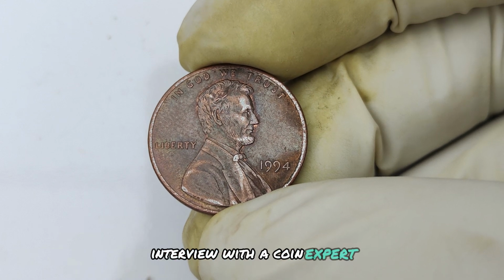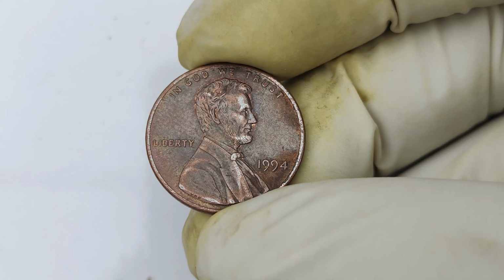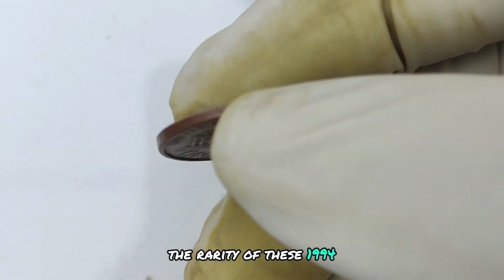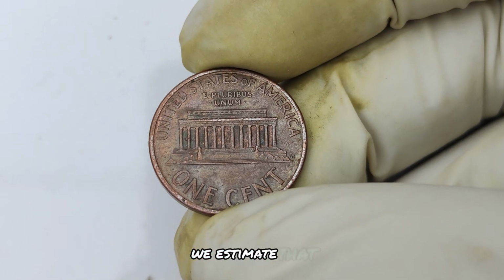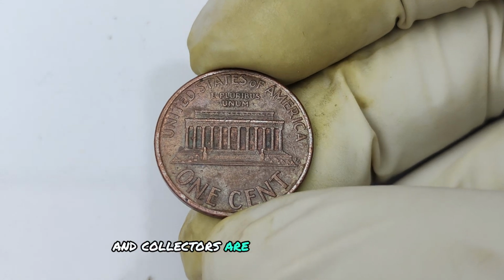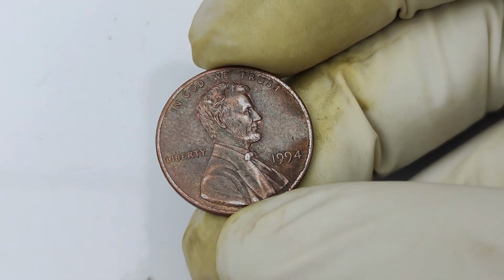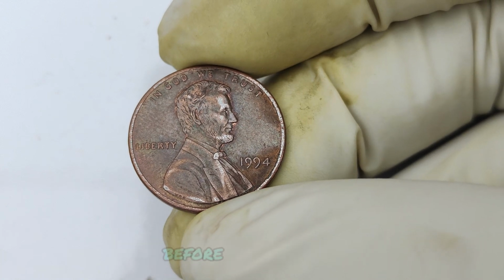Interview with a coin expert who explains how collectors assess the value of rare coins. The rarity of these 1994 no mint mark pennies is what makes them so valuable. We estimate that only a handful of them exist in mint condition, and collectors are willing to pay top dollar for them. If you happen to find one, you'll want to have it appraised by a professional before deciding to